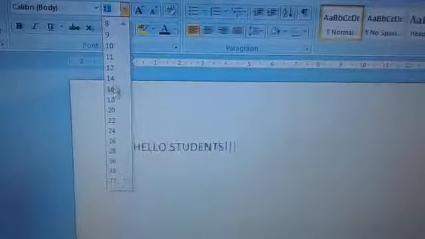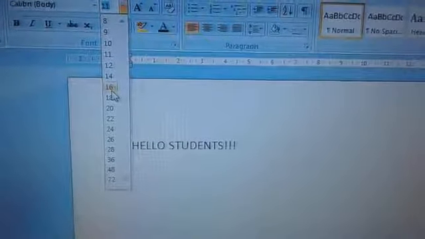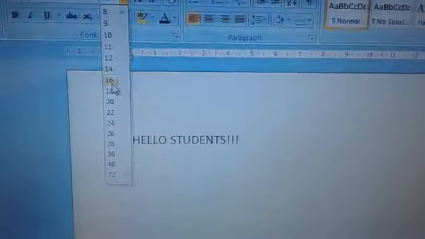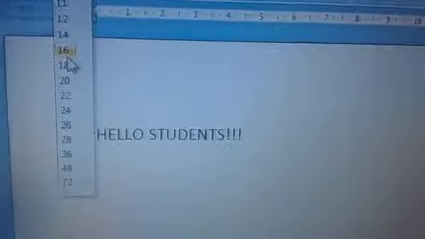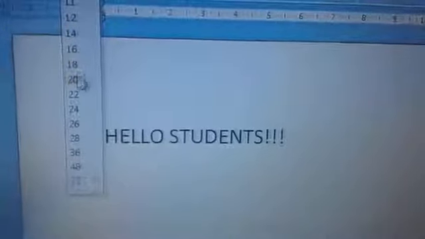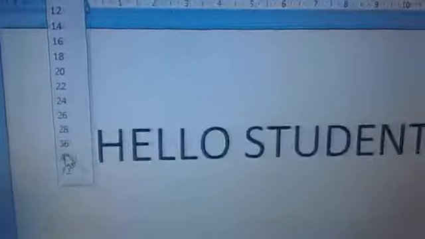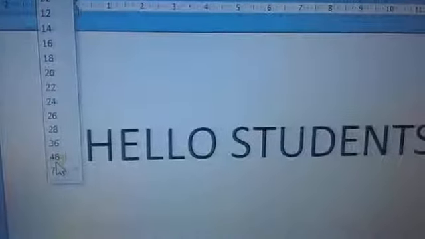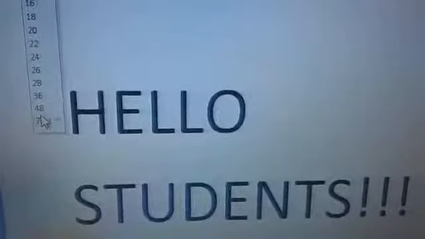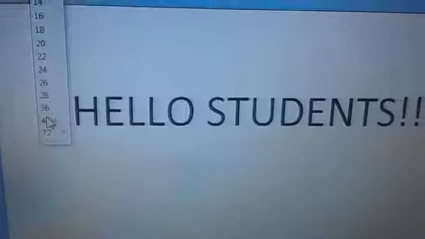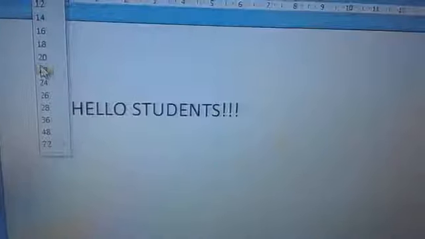Now watch as I move the cursor down to the bigger numbers, the writing will also change its size. Notice the change, the increase in size, children. As I move to bigger number, as I scroll down, the size of the alphabet is increasing, and as I move upward, the size of the alphabet is decreasing.